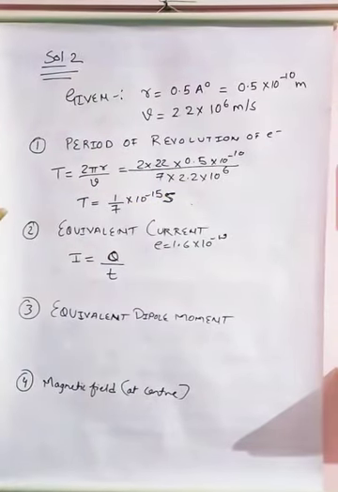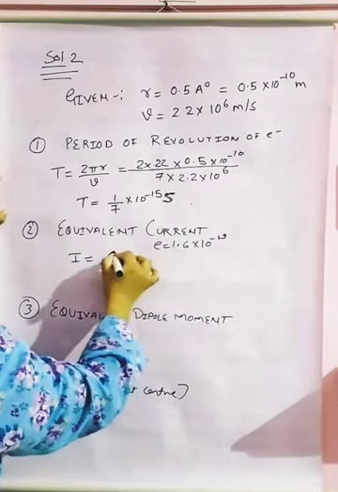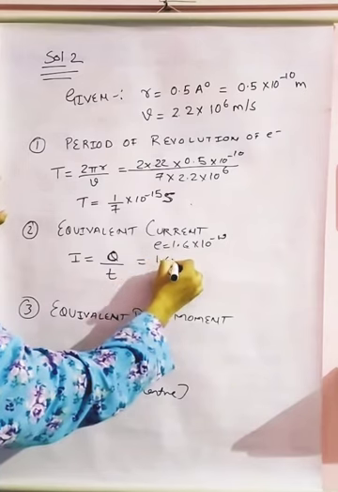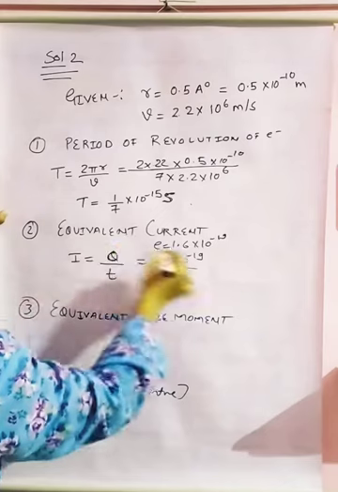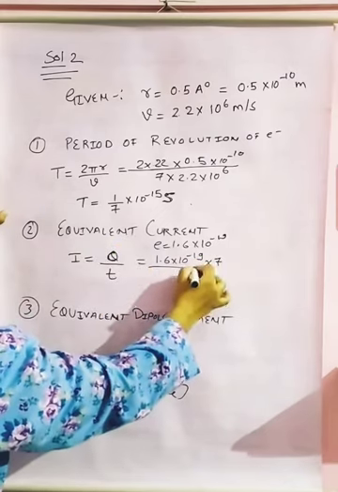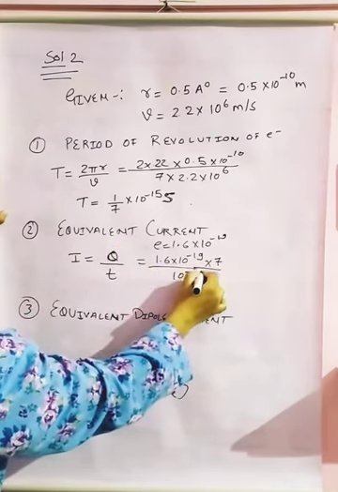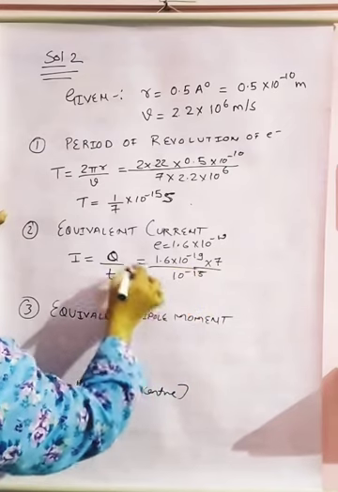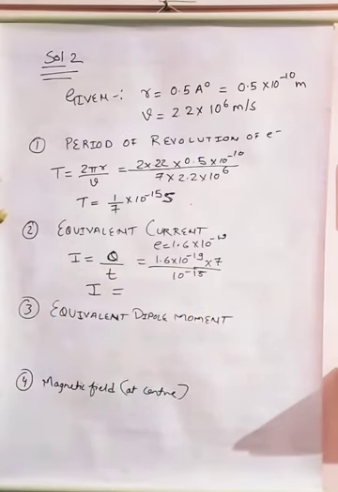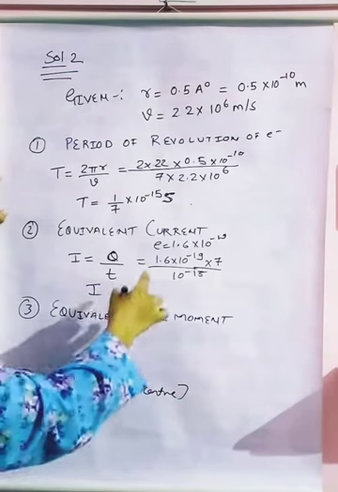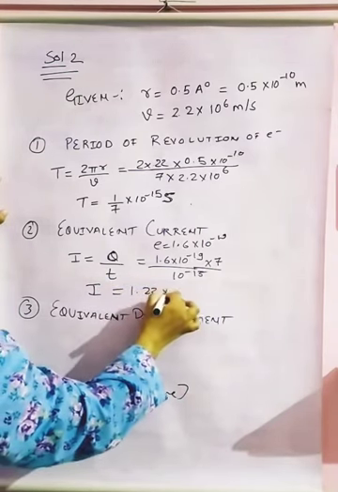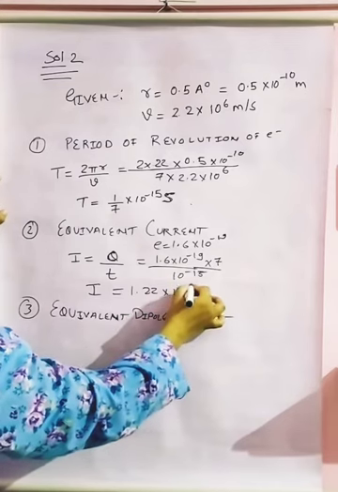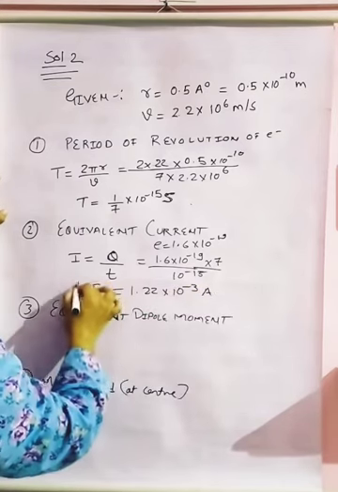Okay, when I have calculated my time period, I am going to substitute here. So the charge value we already know, 1.6 into 10 to the power minus 19. What is the value of the time period? 1 upon 7. So 7 will go up, and here we are only left with minus 15. After solving this, we are going to get the value of current, that will be 1.22 into 10 to the power minus 3 ampere. This will be the current value.